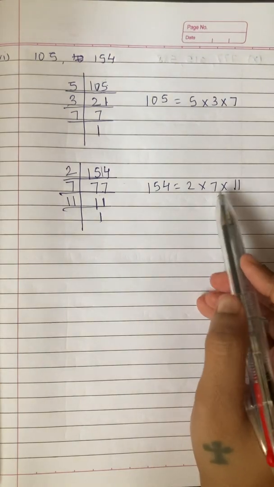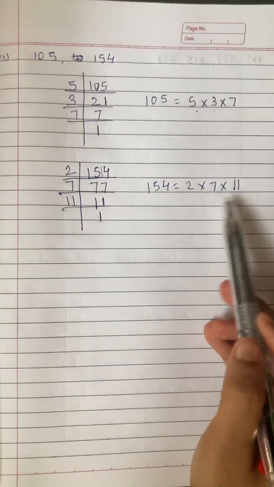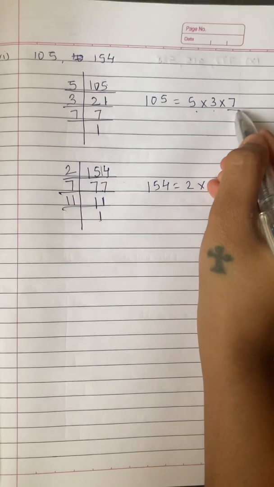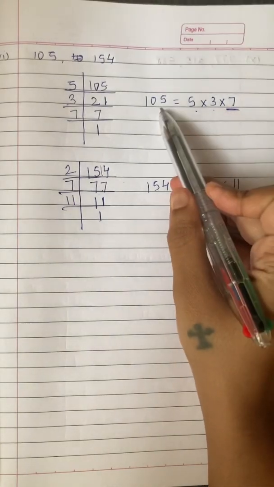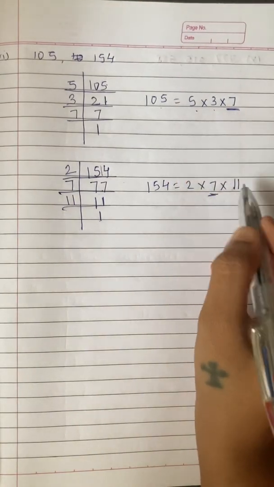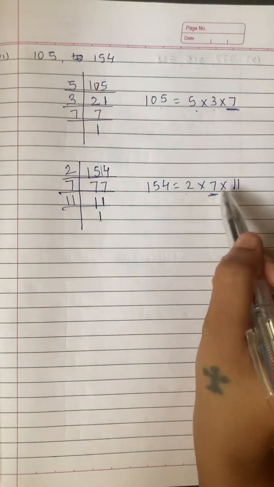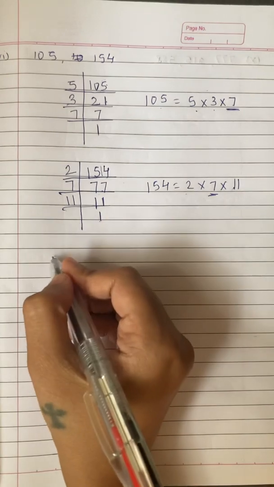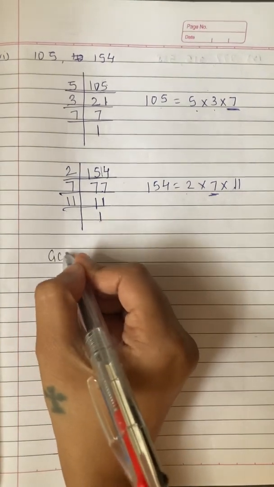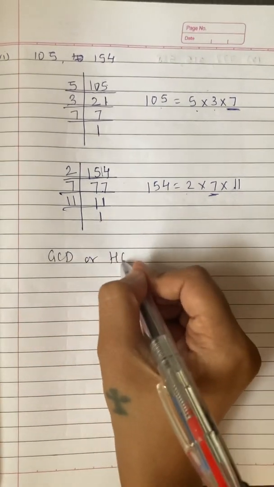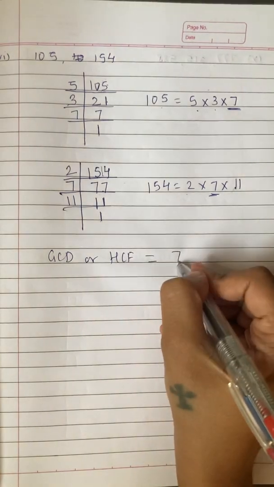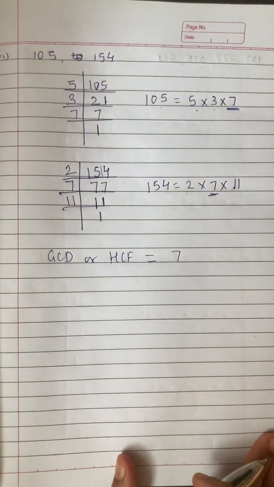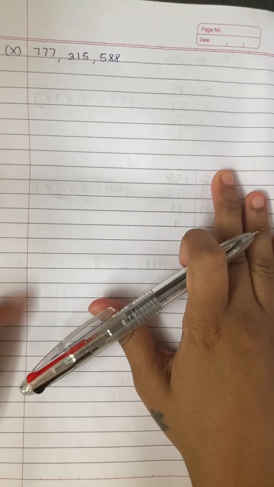Now if you check for common factors, 5 and 3 are not there over here, but 7 which is there, that is there in this number also and this number also, and the other two numbers in this table are also there, not present in this number. So only 7 becomes the GCD or HCF. So GCD or HCF is equal to 7. That is the answer. You know, it is very easy, right? But don't make mistakes while writing the tables.